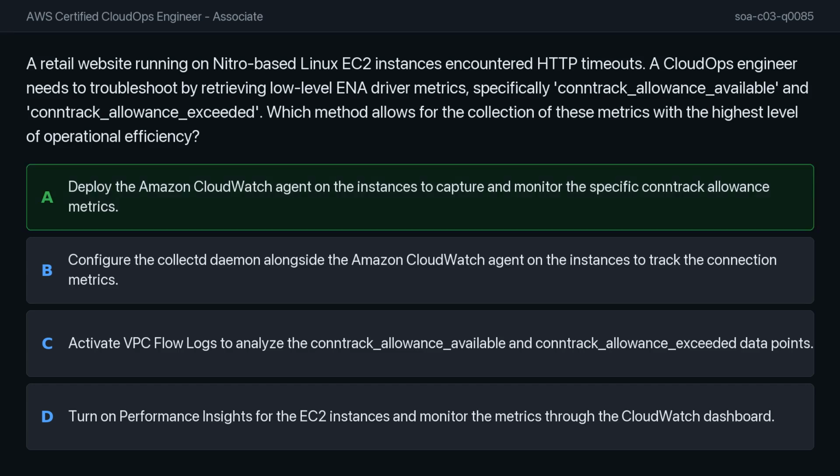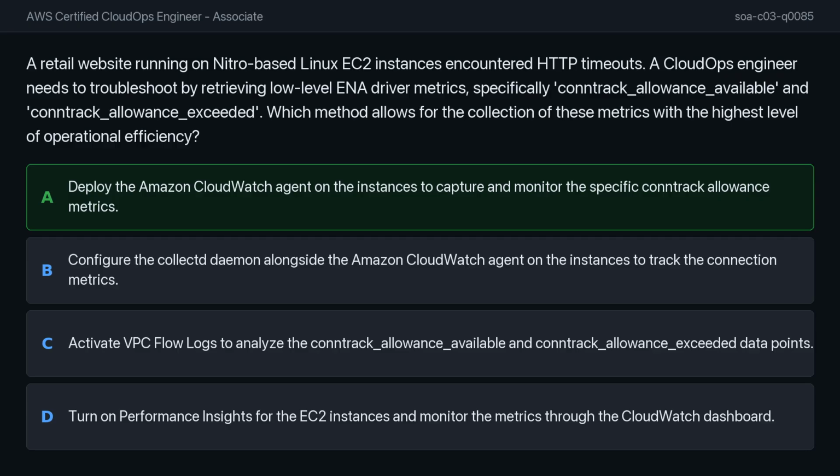I believe the correct answer is option A. The Amazon CloudWatch agent includes native support for collecting these specific ENA driver metrics directly through ethtool. This is the most operationally efficient choice because it utilizes an existing, well-integrated tool without the need for additional software